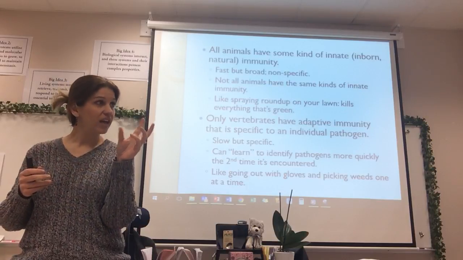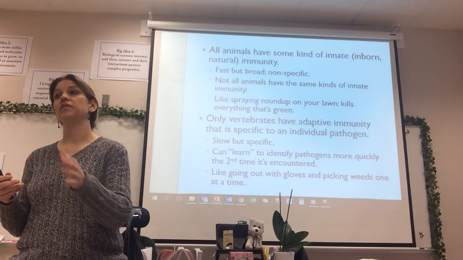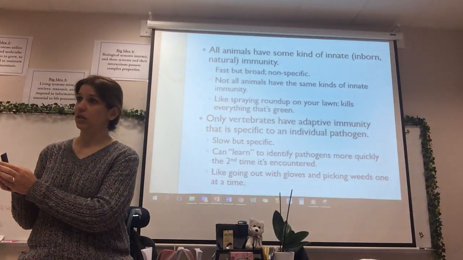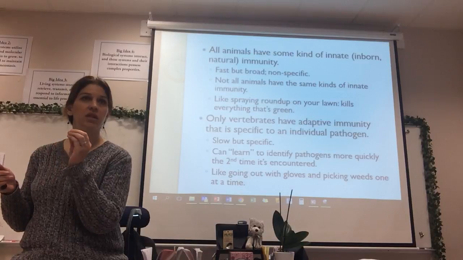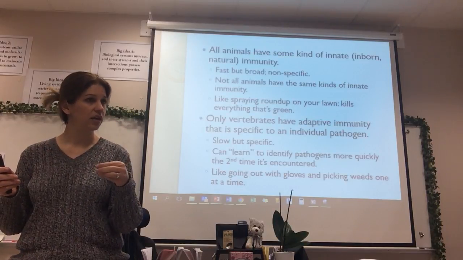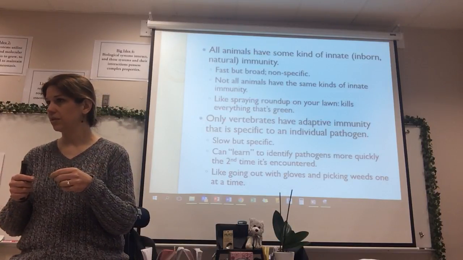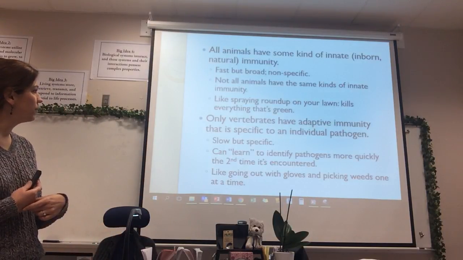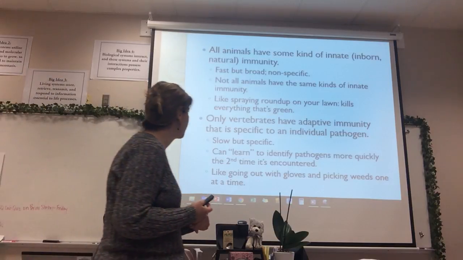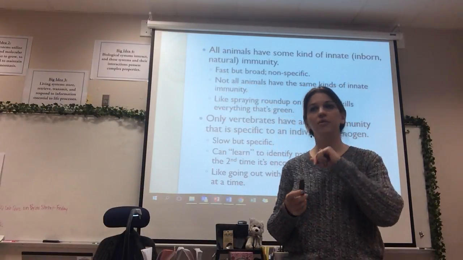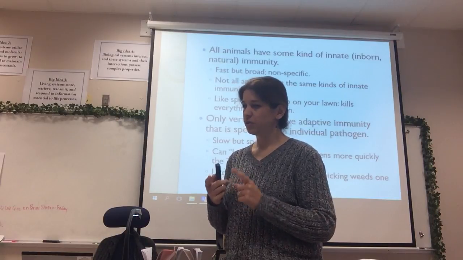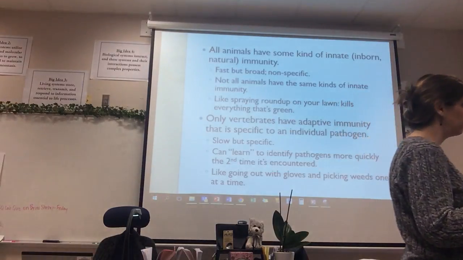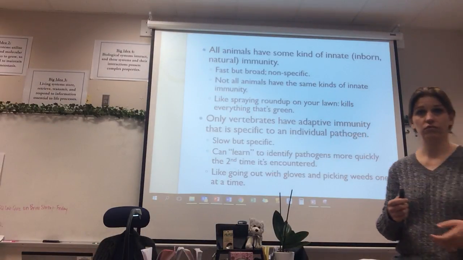And the fact that it worked began this process of trying to come up with an immunization. Because what an immunization actually is, is tricking your immune system into thinking that it's already been sick with that, because you can't get the same sickness twice. So that's what this is saying. Your adaptive immunity can learn to identify pathogens more quickly the second time you encounter them. Sometimes we try to trick your immune system into thinking it's already seen it once. And that's what injections do. That's what vaccines do. Okay.